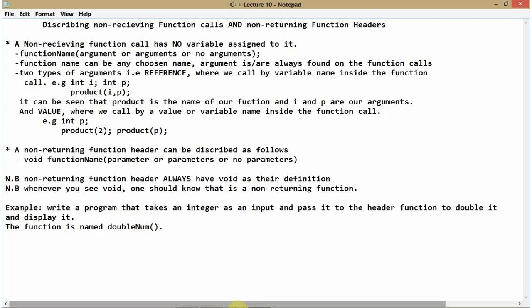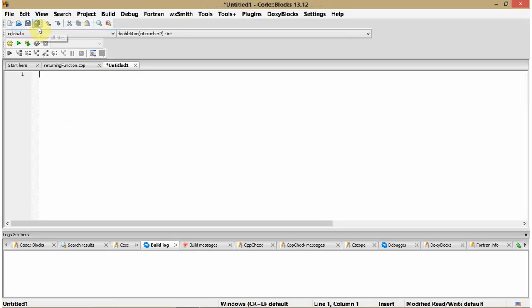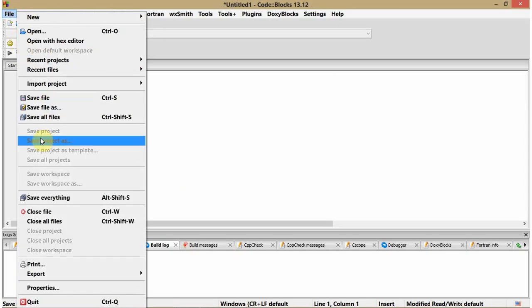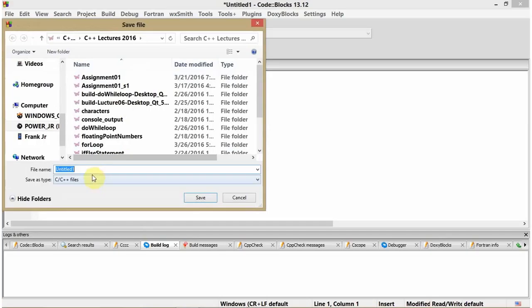All right, now quickly I'll go to my code block without taking any minutes. This is the code for the previous lecture. You guys can go and check again the previous lecture, lecture 9, and you'll see the returning function and the non-returning function. So now I quickly created a project. I suppose, for the way we are so far, I assume you all know how to create a project. All right, so now this is a non-returning